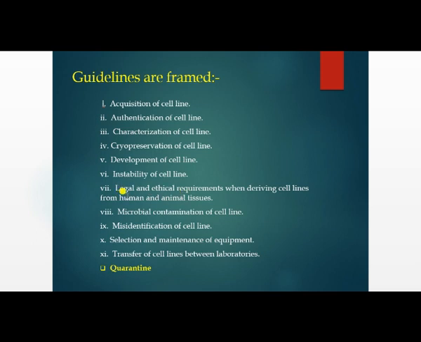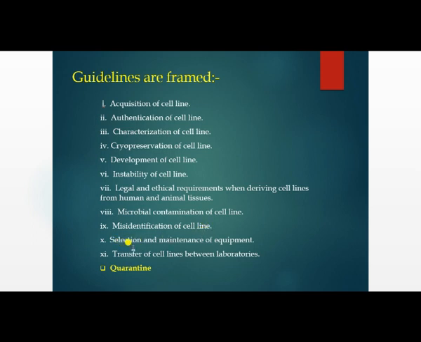Next is microbial contamination of the cell line. After so many passagings, so many subculturings you are performing, right? In case of a continuous cell culture, there is a chance of what? Microbial contamination, right? So that also you have to check. Next is misidentification of cell lines. As I told, before identifying the correct cell line, you have to check whether misidentified cells are being observed or obtained. You have to check this. So this is misidentification of a cell line.